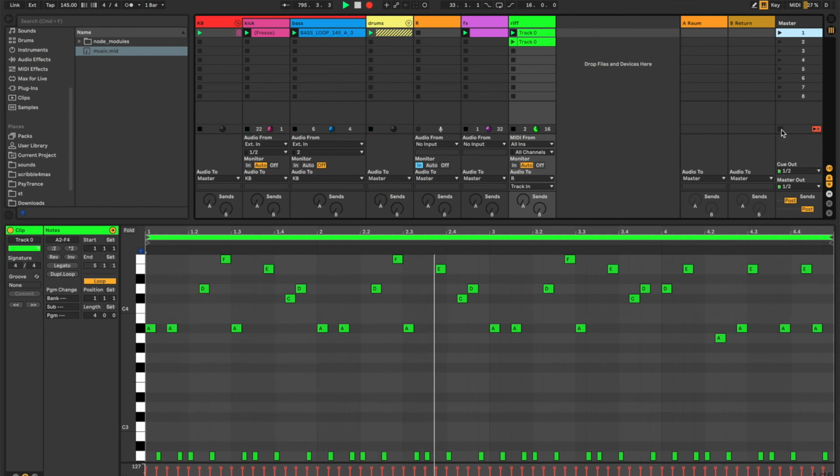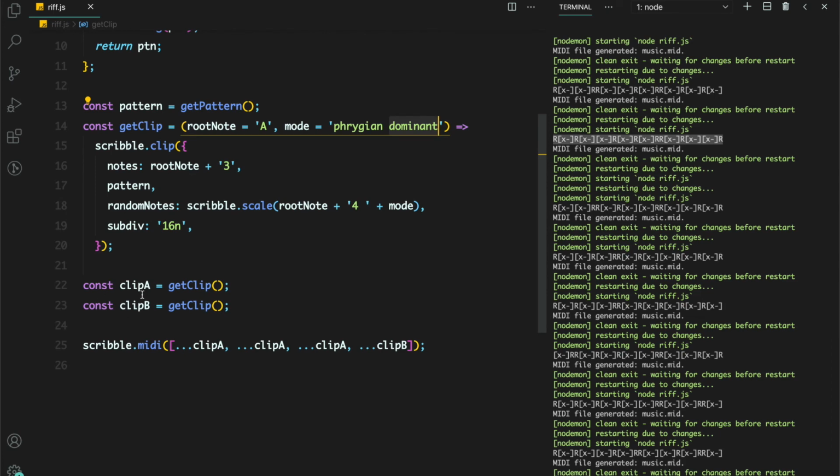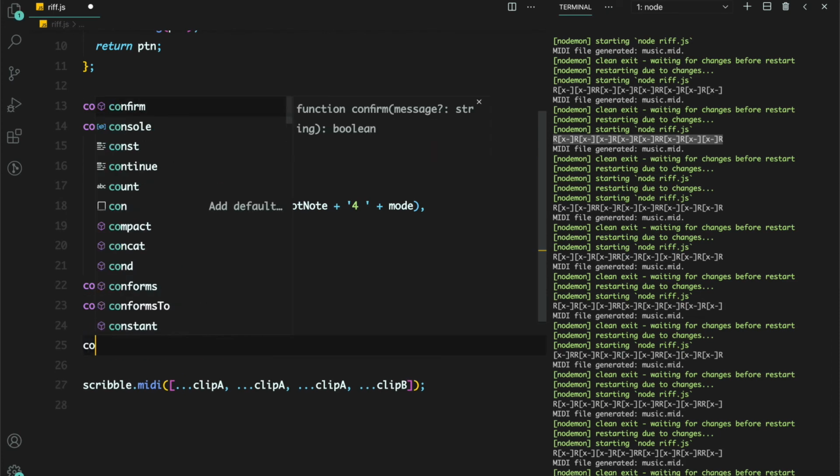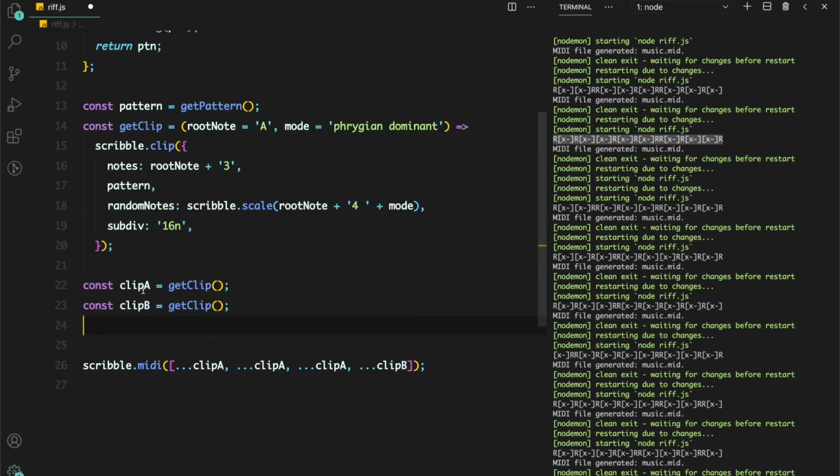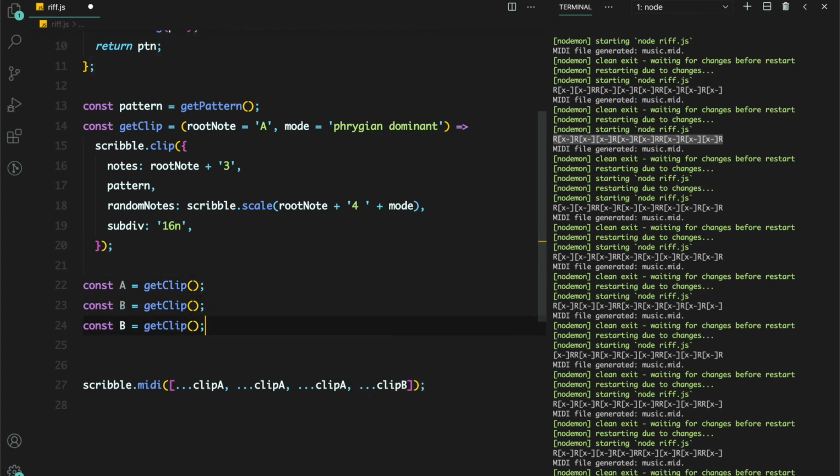And you're not limited to this, you can create these AB parts not just like this. First of all, let's rename this clip to just A and B. So instead of clip A, let's just call it A, and then clip B just B. And then maybe let's create a C as well, right?